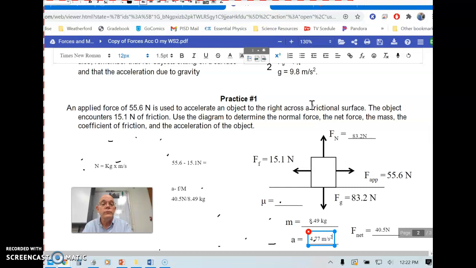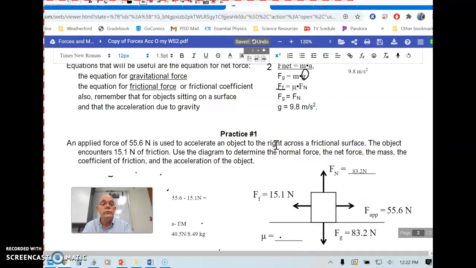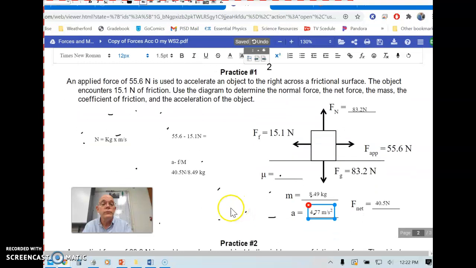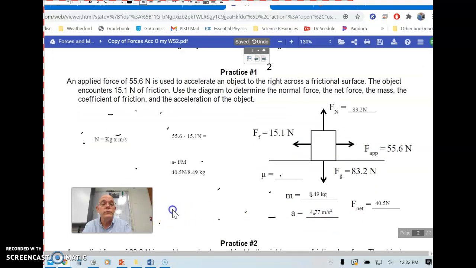Now, the only thing left that we need to find is the coefficient of friction, and the only formula that has that is the friction force equals coefficient of friction times the normal force. So we know the friction force is 15.1 newtons, and we're saying that's equal to the coefficient of friction,